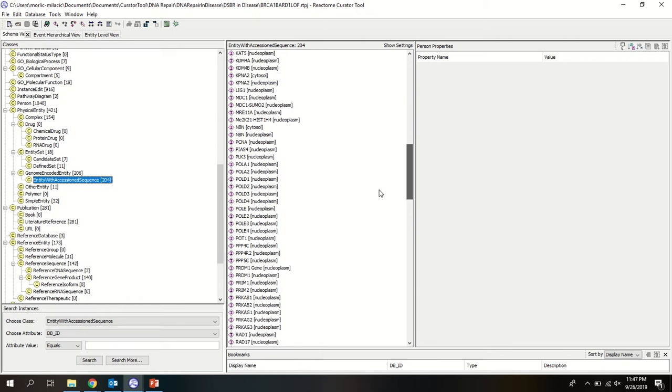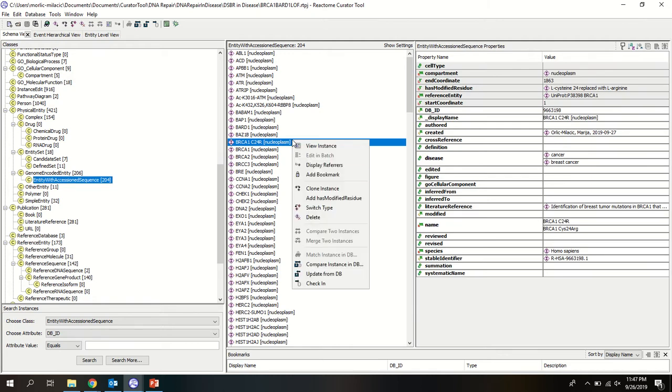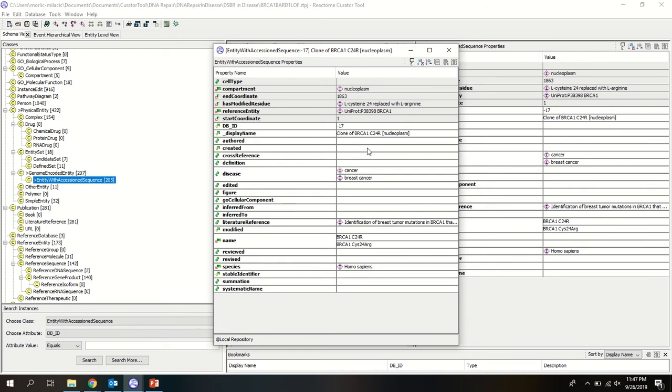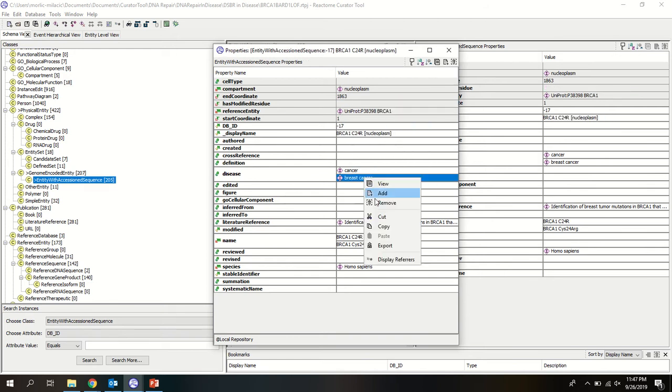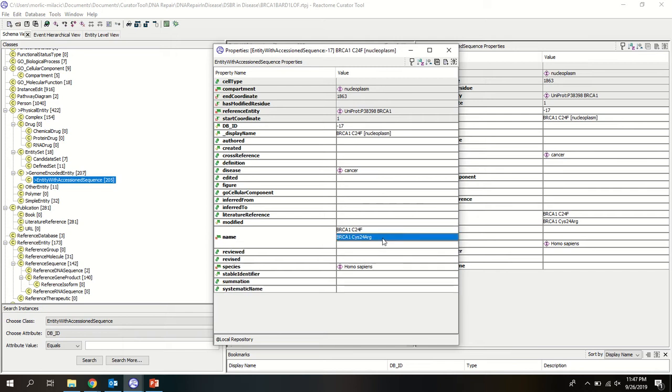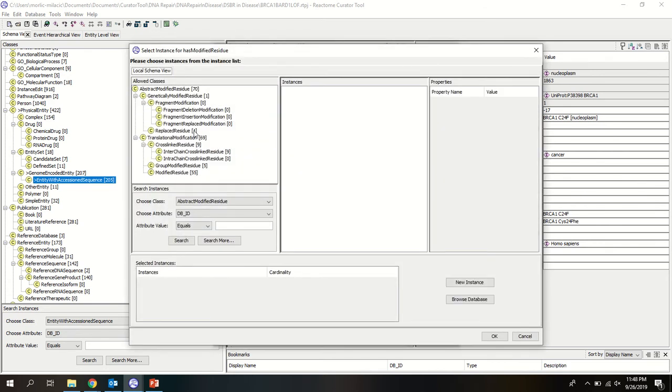Let's go to BRCA1 C24R, and I will clone this instance, and I will remove this. I will remove this as well. I will remove the literature reference, and here I will say F and PHE for phenylalanine. So now I need to create a new replaced residue,